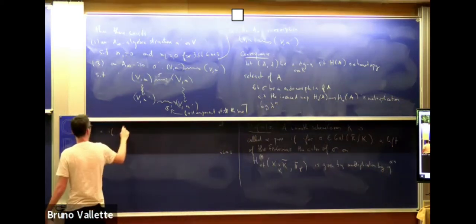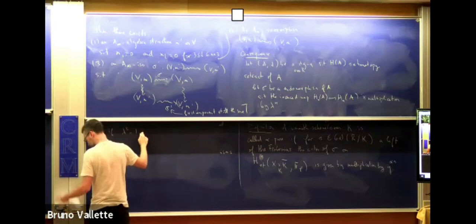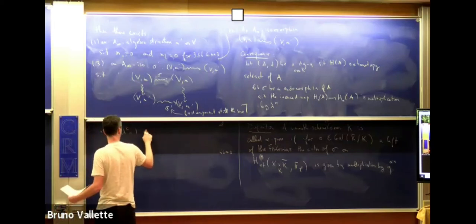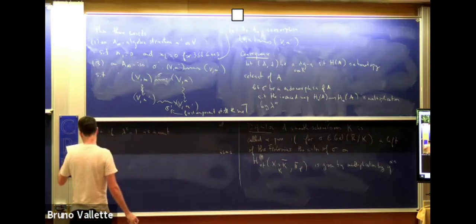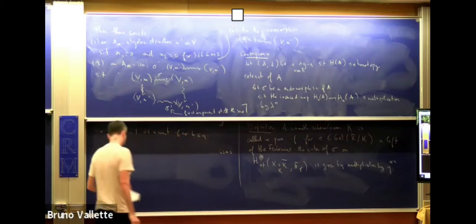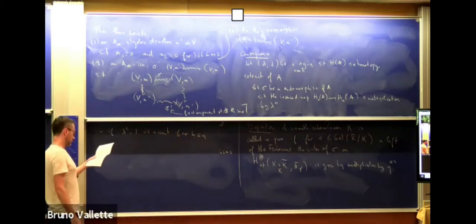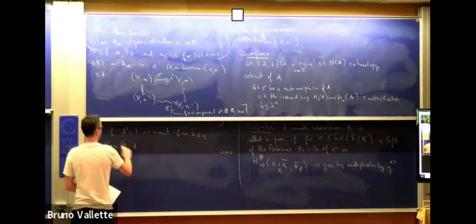So if lambda to the k minus 1 is a unit for all k less than or equal to n, then this pair